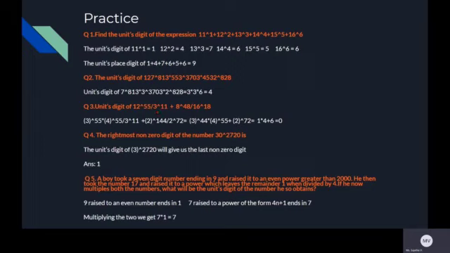Think about it. If you just take the last digit of this and the last digit of this and divide it, can you get the last digit of the actual number? No, you cannot get it. You can try it out with some other examples. So here my first step would be to take off the denominator. Now how to take off the denominator?